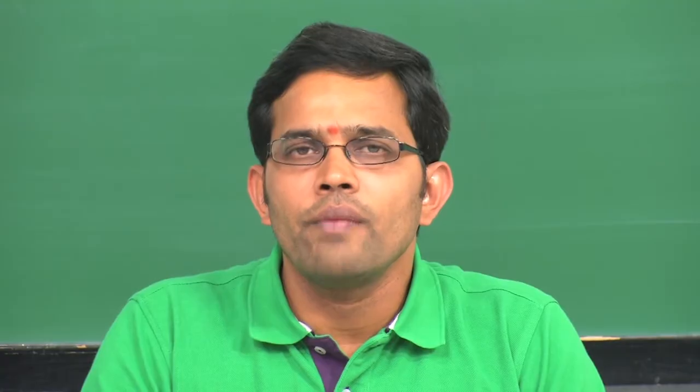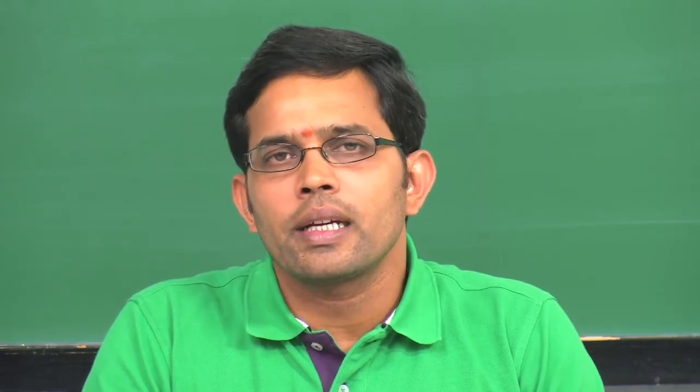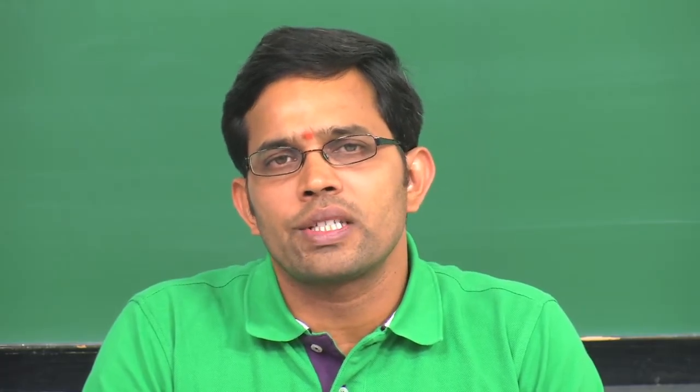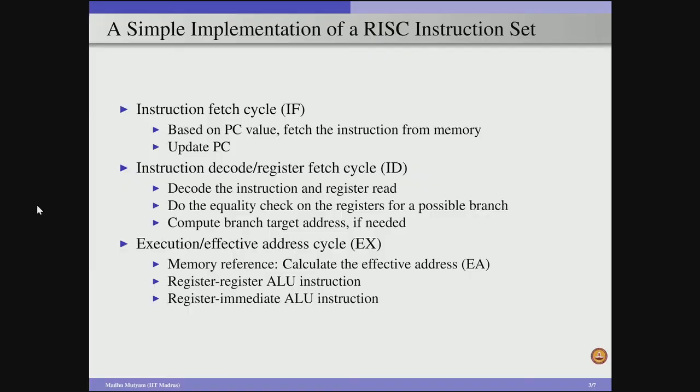Remember, when we have an ALU operation, in the ID stage itself, the instruction decode stage, we will perform the register read. So, effectively our ID stage consists of decoding an instruction to know what is the type of the instruction, and also we know the register addresses from that instruction, and once we have the register addresses, we go to the register file and read the register contents from the specified locations in the register file, and that is called a register fetch cycle. So, register read also will be performed in the ID stage,